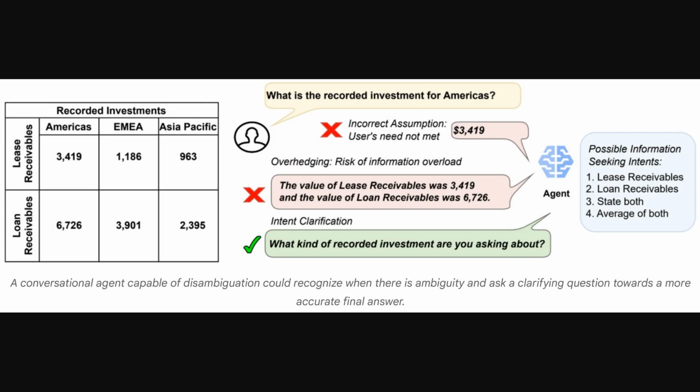Alright, so this figure really sets the stage for why the action-based contrastive self-training method is so important. It shows a user asking an ambiguous question. What is the recorded investment for Americas based on a small table? The agent could wrongly assume the user wants lease receivables, or it could engage in overhedging. That's when it provides too much information, like listing all possible investment types, potentially confusing the user. But the ideal response, highlighted in green, is to ask for clarification. What kind of recorded investment are you asking about? This clearly demonstrates the need for better disambiguation skills in conversational AI, which is precisely what the research aims to